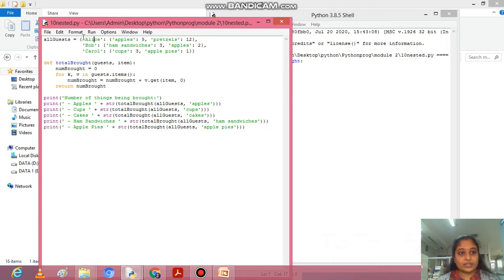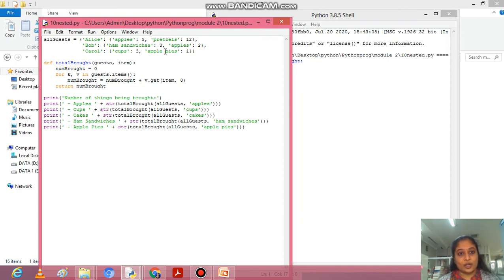So v.get will fetch the item you are asking for. If apple is passed, then apple will be checked with all three keys and inside keys. So the apple count will be incremented with 5 and then incremented with 2.